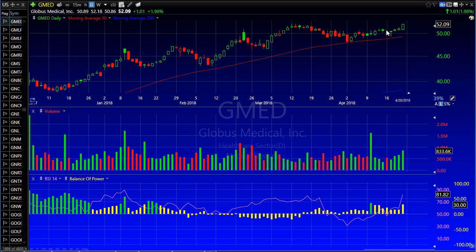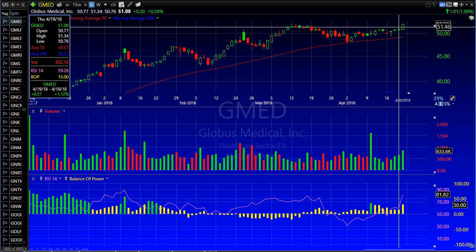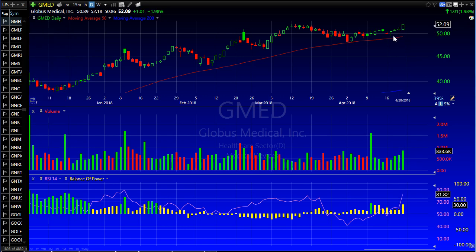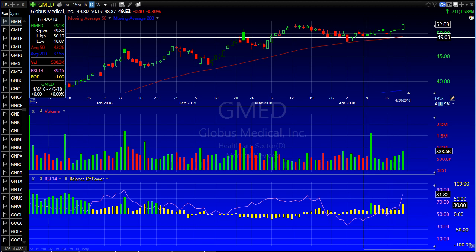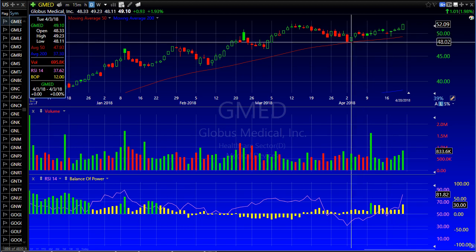It's kind of hard to see. Not chase. You could also use this high, 51.34. I would not consider that chasing. So anywhere between 51.02 and 51.34, you could put a limit order and get filled. If you get filled and GMED moves higher, great. If it doesn't, there's your first stop level right there, the 417 low. There's your second stop level right there, your 46 low, and there is your final stop loss level right there,